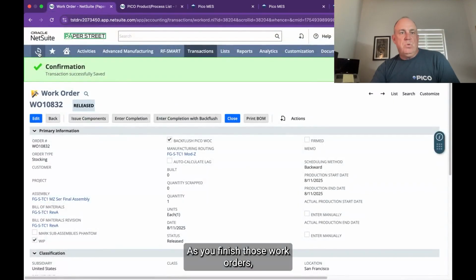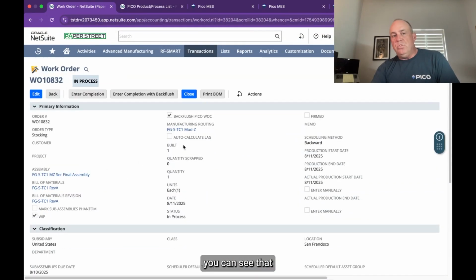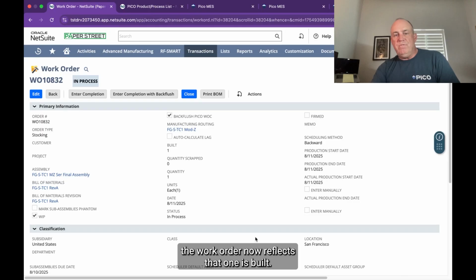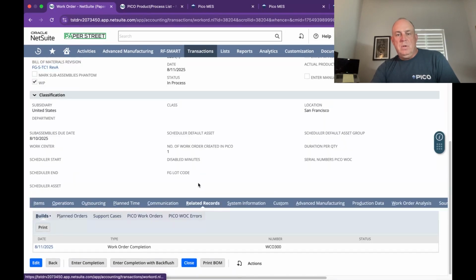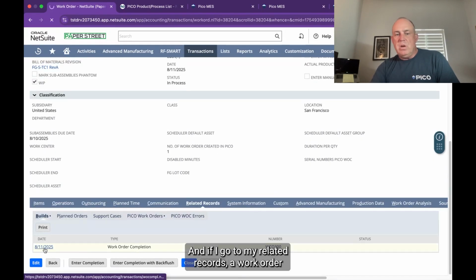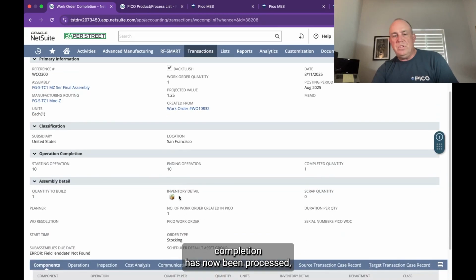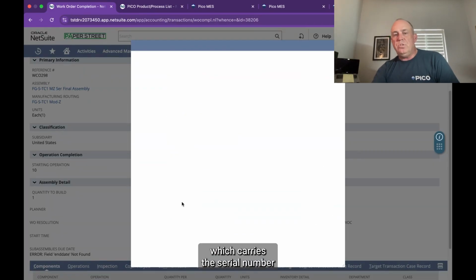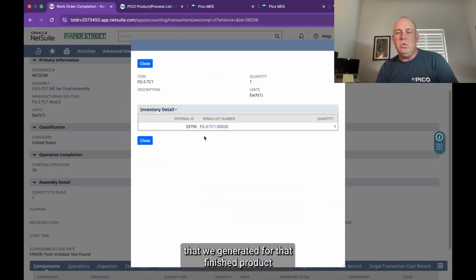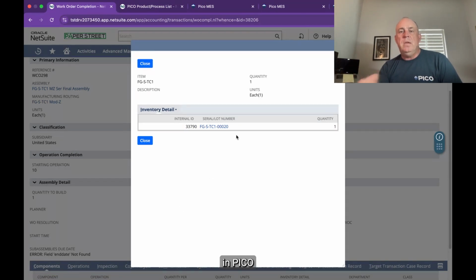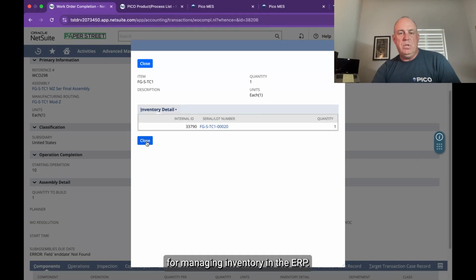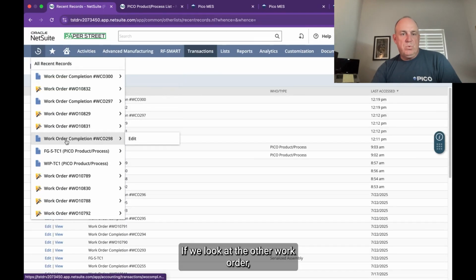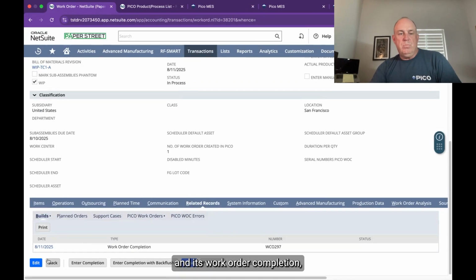As you finish those work orders, if I refresh now my work order, you can see that the work order now reflects that one is built. And if I go to my related records, a work order completion has now been processed, which carries the serial number that we generated for that finished product in Pico, tied to the ERP work order for managing inventory in ERP. If we look at the other work order and its work order completion,